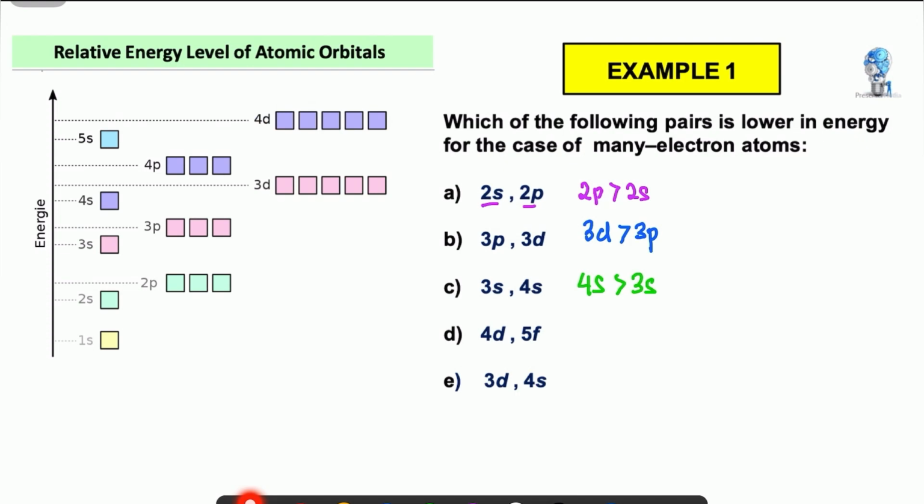So this one, 5f is larger than 4d. Okay, and the last one, 3d and 4s. This is the one that you should be alert and careful about. Okay, because between 4s and 3d, 3d is higher compared to the